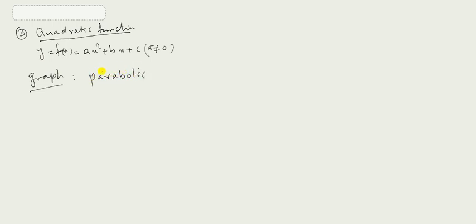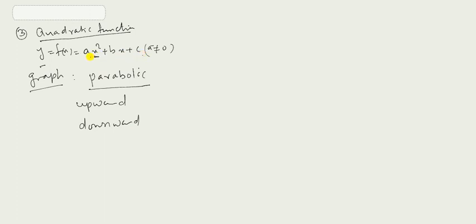Why parabolic? Because power of x will always be 2 and power of y will always be 1. But in the parabolic form, there are various kinds of parabola: left parabola, right parabola, upward parabola, or downward parabola. So this parabola, remember, is always symmetric about the y axis. So it is either upward or downward. This is determined by the sign of A and C.